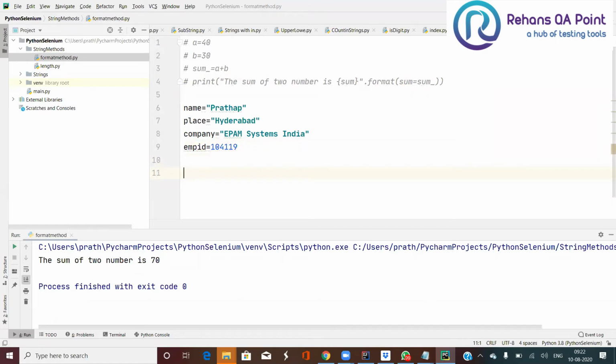Now I need to write a good string which I can present to my user.